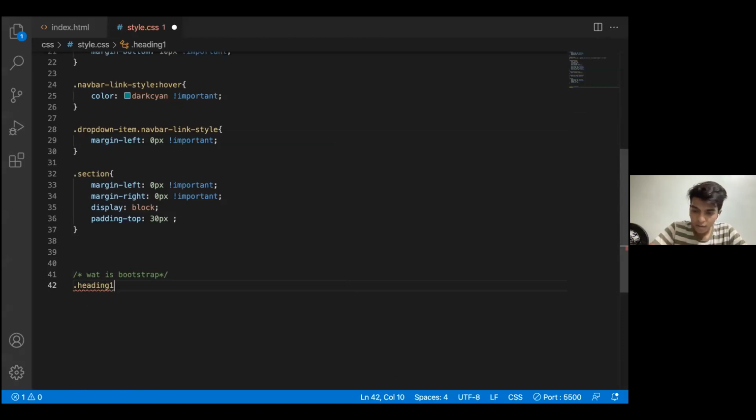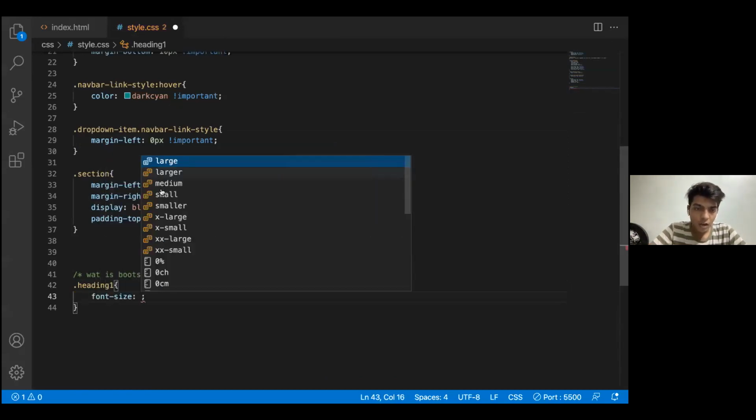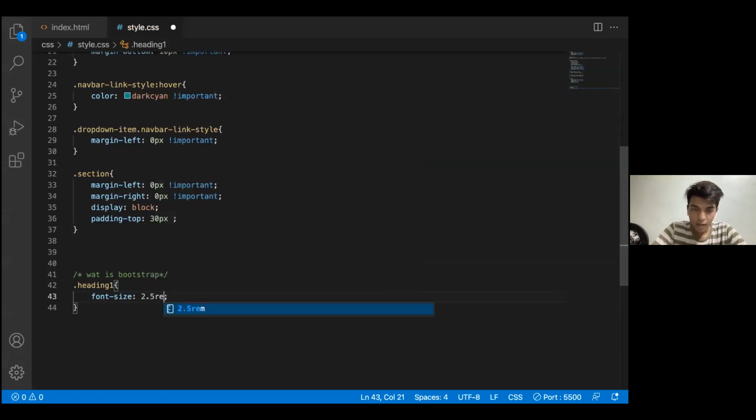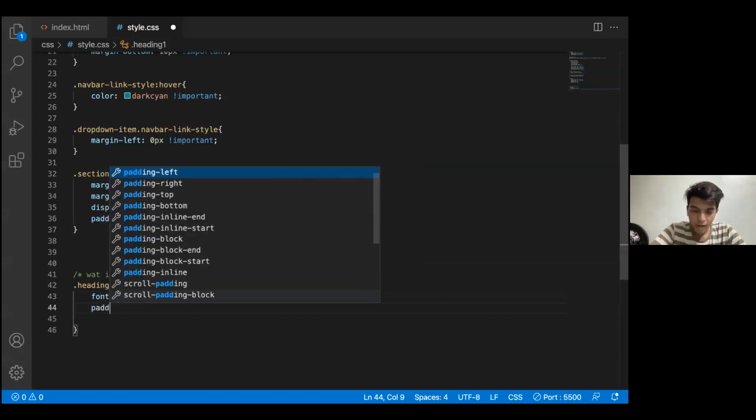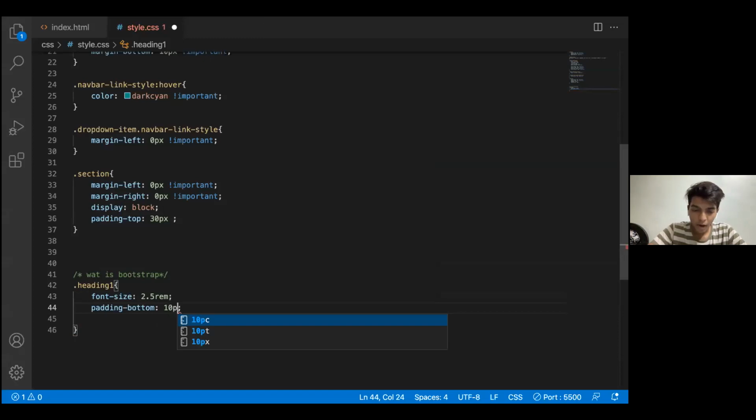The heading 1 should have a font size of, we can say, 2.5 rem. The conversion, you can see it afterwards. I'm just using these so that you can also know what things you can use. The first part that I'm using is font size in rem. The second part would be padding bottom, which gives me a particular padding.